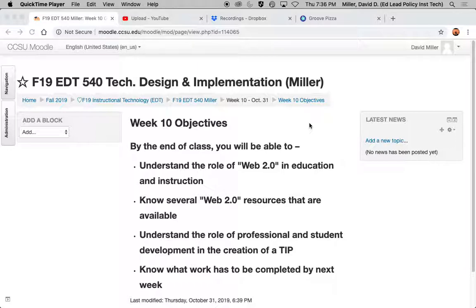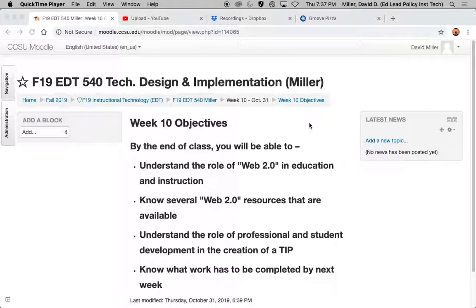So the main thing on that final meeting is that each of you is going to do a brief presentation about your technology integration plans and what you did, what you were aiming to do, what your experience was, what you came up with, what your plan is, and then just wrapping everything up. So that's the framework moving forward.